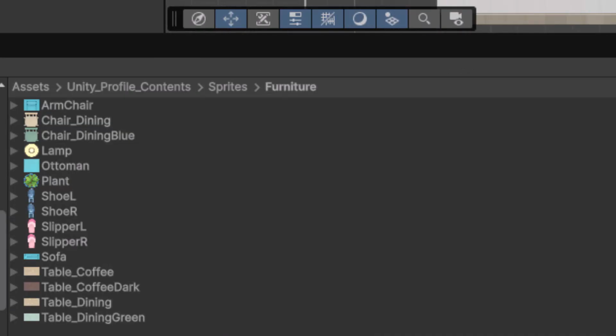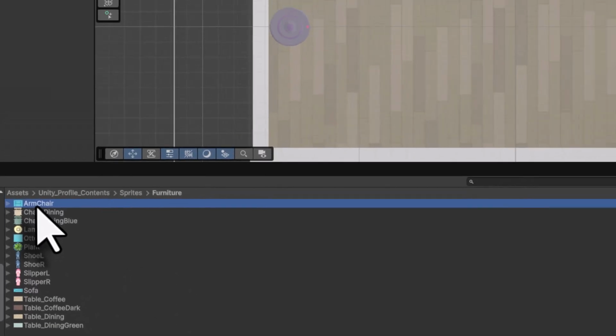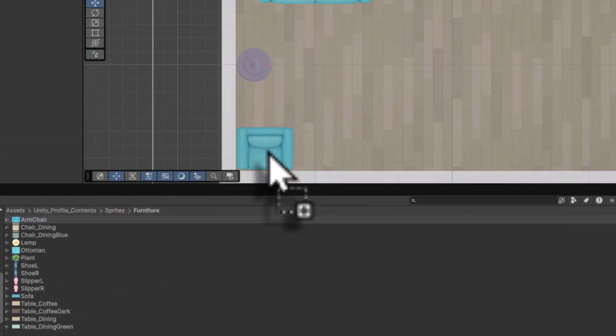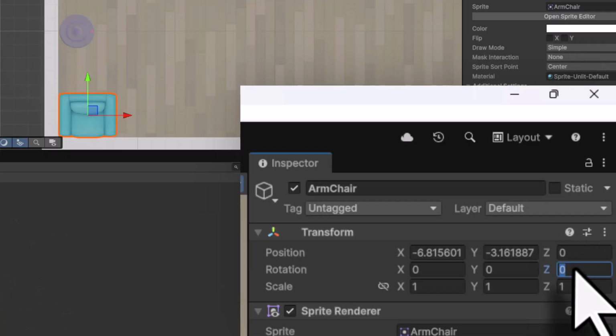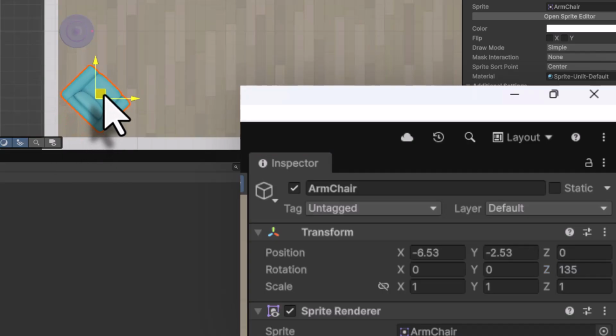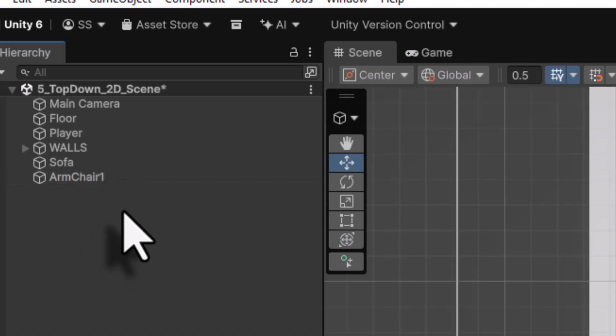I will add small sofa chairs on the other side. You have one armchair. I will select this armchair and drag it. This armchair is facing downwards, so I will come to z-axis and rotate it by 135 degree. Press W to enable move tool, drag it and place it at a position here at x minus 6.1 and y minus 2.28 position. I will select this armchair, press F2 and I am going to call this as armchair